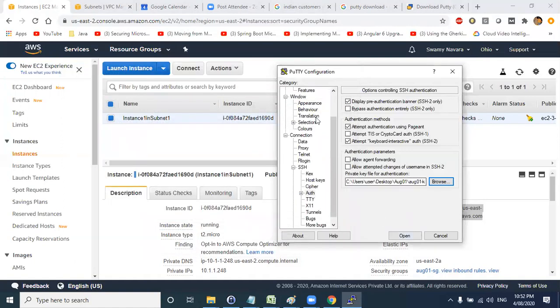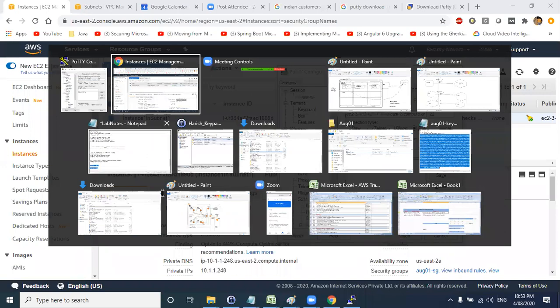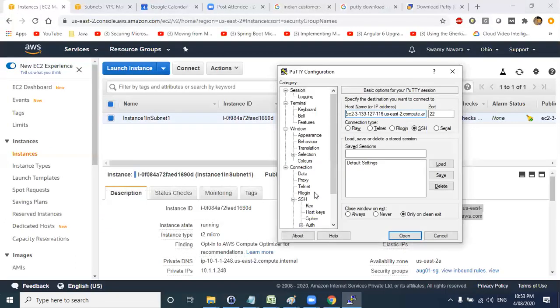Come to the session. The default username for AWS will be ec2-user. You can provide it here like this: ec2-user at the rate, then the host name.